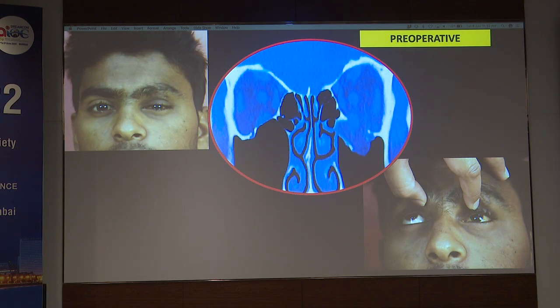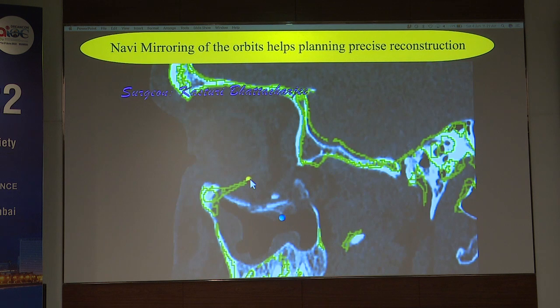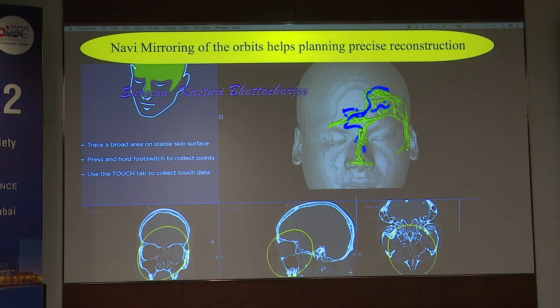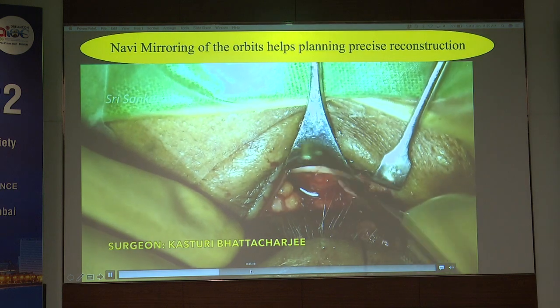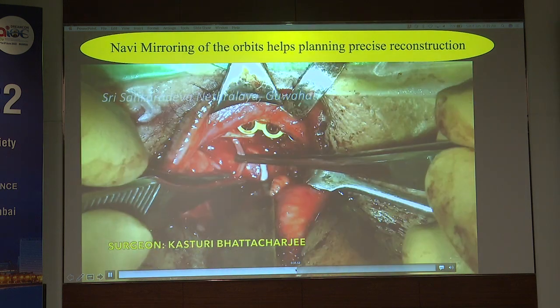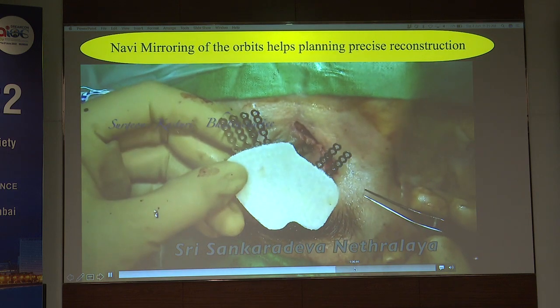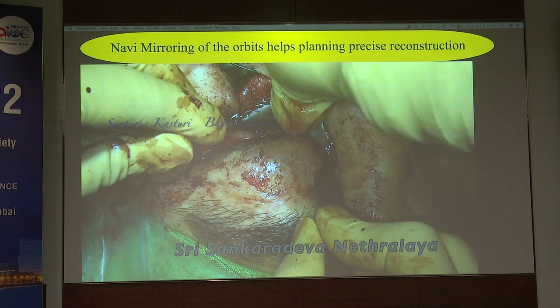So these are some of the patients where we used the navigation system, and this is what is known as mirroring, where you have the normal superimposed on the abnormal, and then you can know how much enophthalmos there is and how much socket expansion there has been. Once you do the registration and go ahead with the surgical procedure, you can do a very customized reconstruction, or you can also design and customize the implant as you want it in order to give an adequate correction.